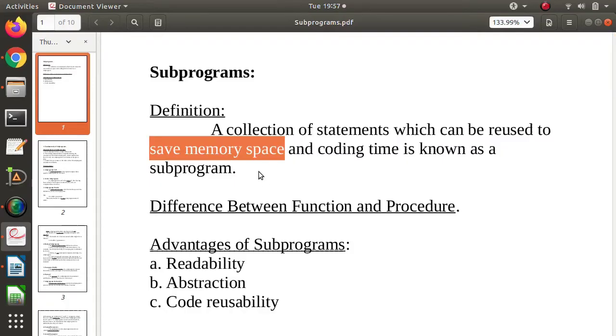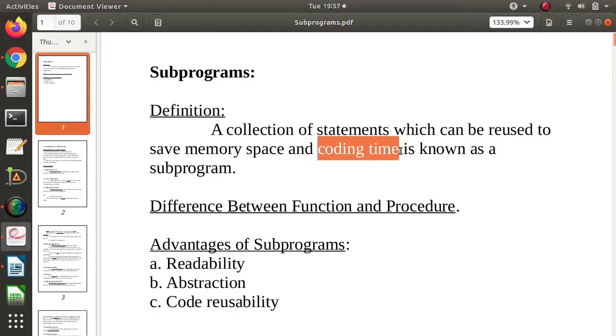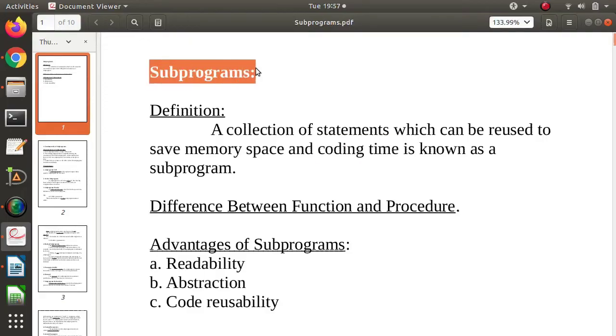As we are creating modules and those modules can be reused, the number of lines in our program gets reduced, so the total code requires less memory space. And as the number of lines gets reduced, it requires less coding time. Such a kind of module, we call subprograms.